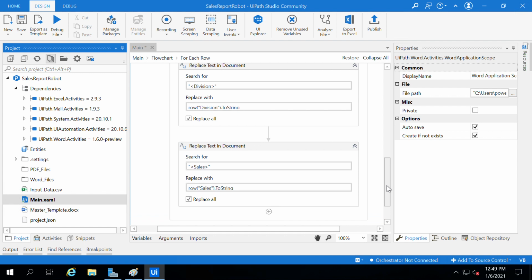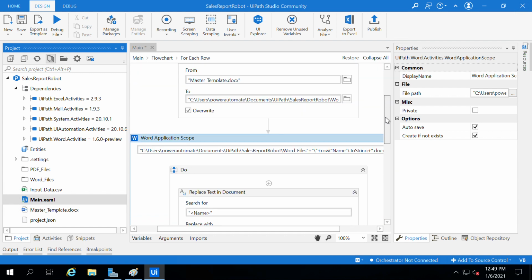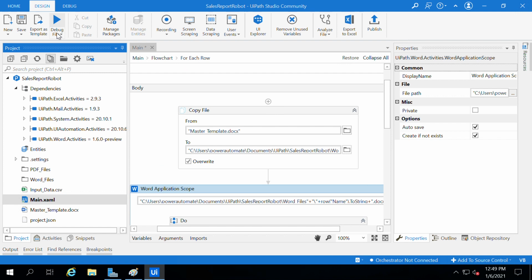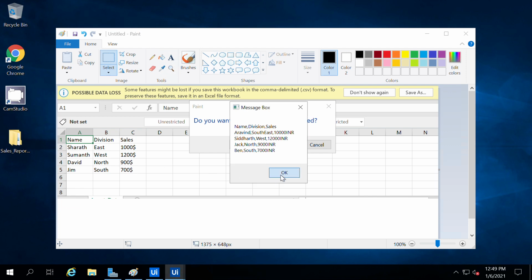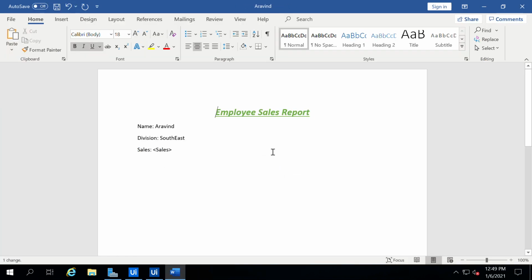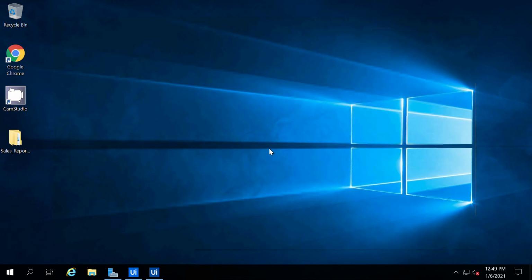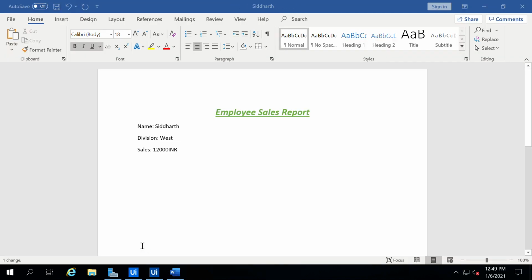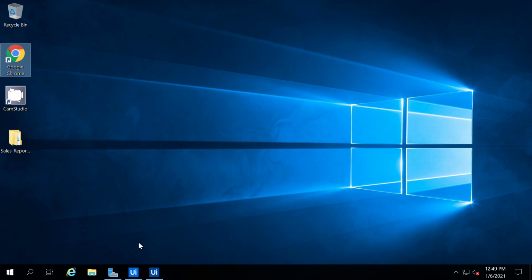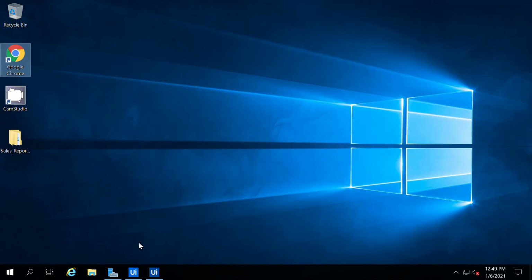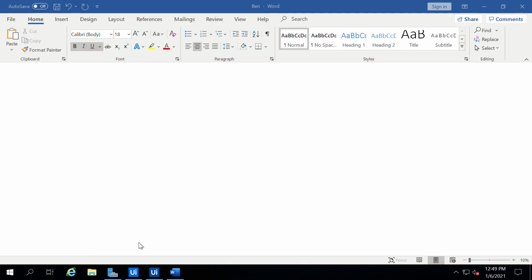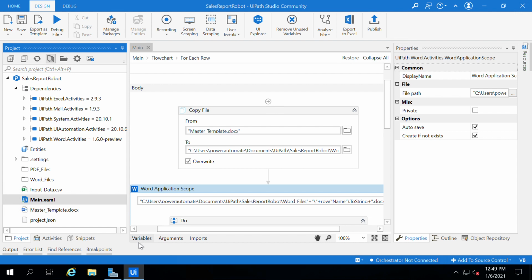Okay, so this is happening. Let me now run the process to see how it actually works. I'll just run this process. I'll choose not to save this one. Okay, fine, it started updating one by one. All the templates got updated now, with 1000 INR, and I think one more template is there. I think it's done its job.